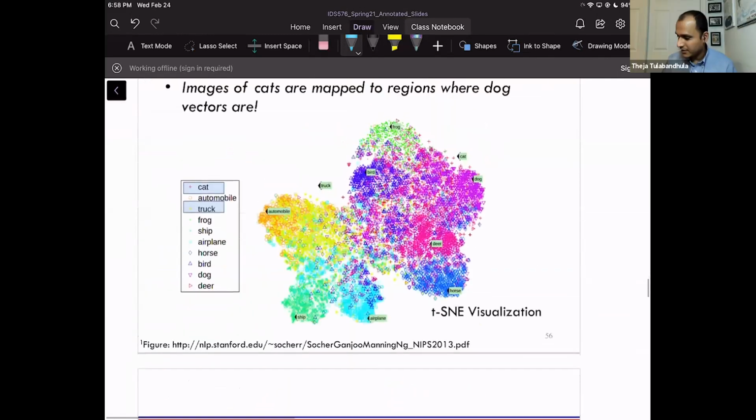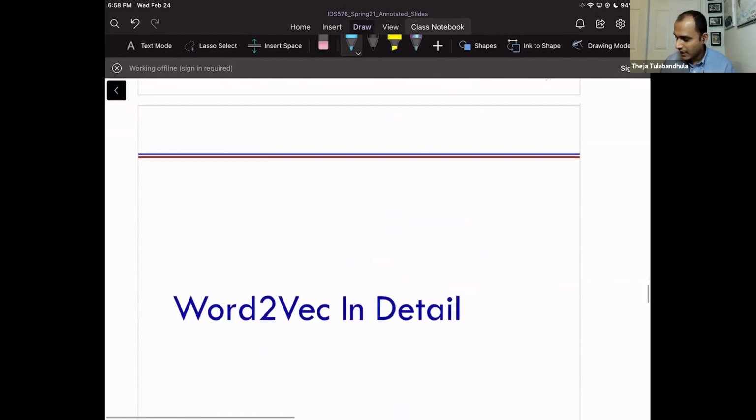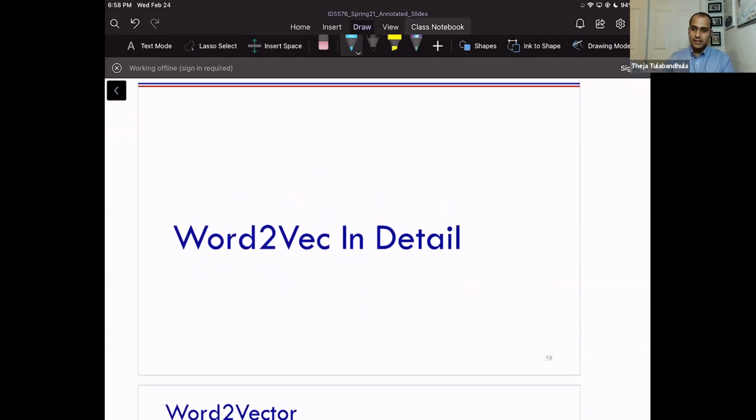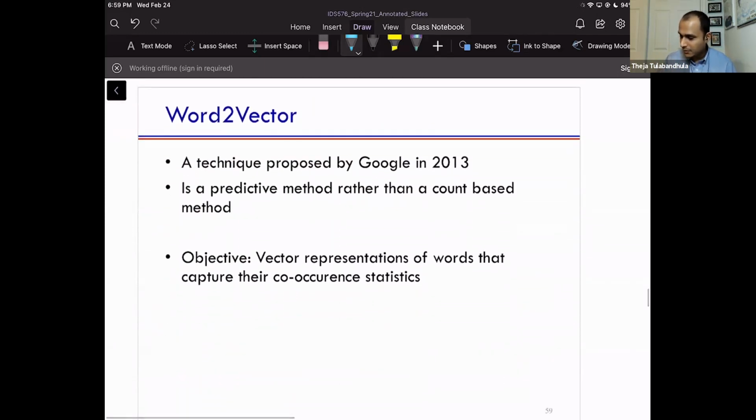So let me keep the slide because it's the same as before. Now we're going to get into Word2Vec in a little bit more detail. By which I mean we're going to explicitly see what the classification task is and how these vectors are computed. Word2Vec is an instantiation of getting vector representations for words, and it doesn't even involve any deep neural network. In fact, you will see that it's almost like a logistic regression model, but we will see that in a second.